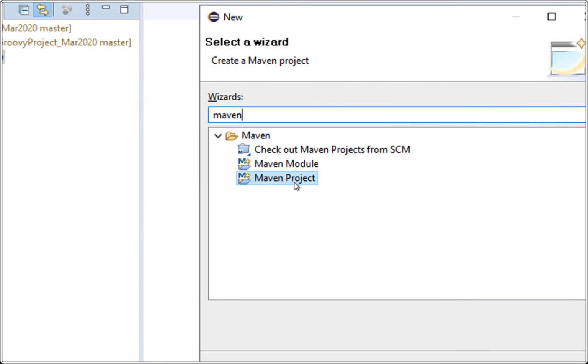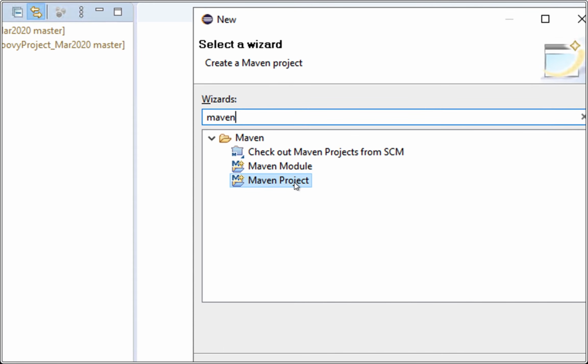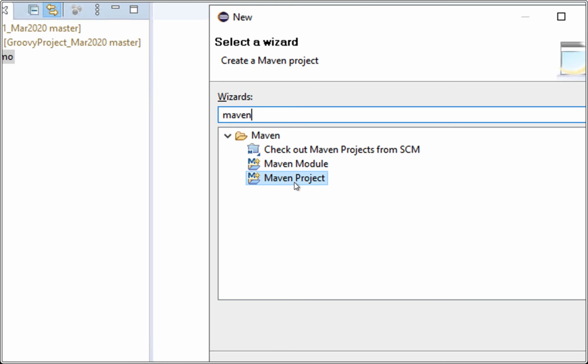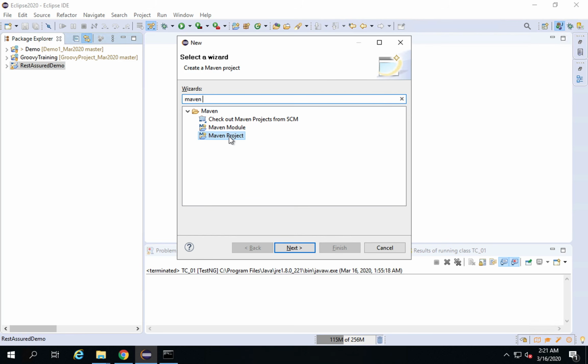Now in all the recent versions of Eclipse, this Maven option and the Maven capabilities are already built in, so you will always get Maven project. Just in case you do not find this Maven project option here, that means you are using some older version of Eclipse, and then you will have to add the Maven plugin separately. So just in case you do not get this, you can always go to